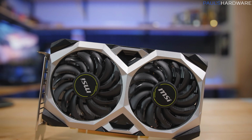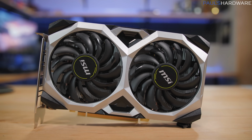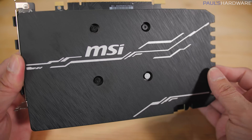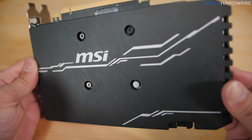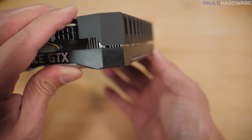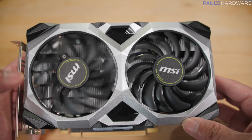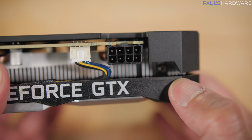The MSI Ventus XS is next, and this will also be a $230 GTX 1660. MSI has gone with a 2-slot design for this one, and they have also added a backplate, which is plastic, but I actually think it looks quite nice. Not bad, at least, for a plastic backplate. It's got sort of a faux brushed metal finish, and it kind of wraps around to meet up with the shroud on the heatsink, which also sports a single copper heat pipe and a 2-fan cooler. This card measures 8 inches long, so still pretty short and pretty compact, and again, just an 8-pin PCI